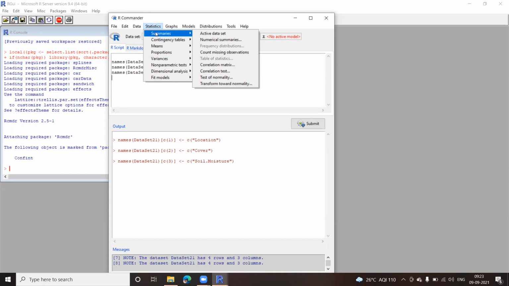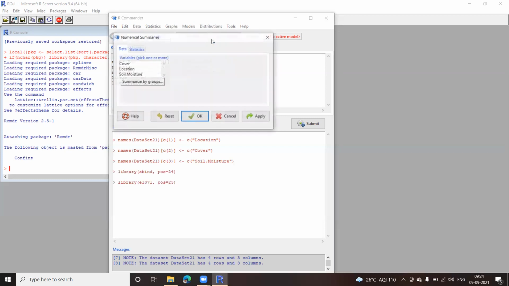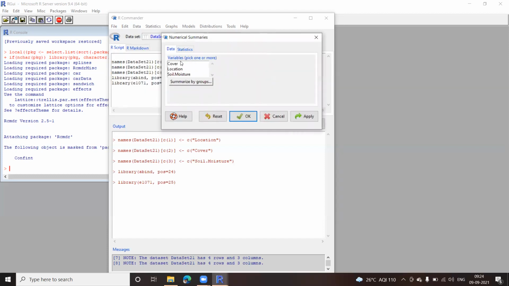We can select a numerical summary here because I want the mean, median, and so on. Okay, even the quantiles. So IQR, if you remember, I showed you that there's a formula which is used to calculate IQR as well. If you remember, during the box plot, we were discussing the quantiles as well. Okay, so I'll click on this numerical summary. Okay, I get an option here. You can see all these variables are there. Okay, so cover, location, and all three get highlighted.